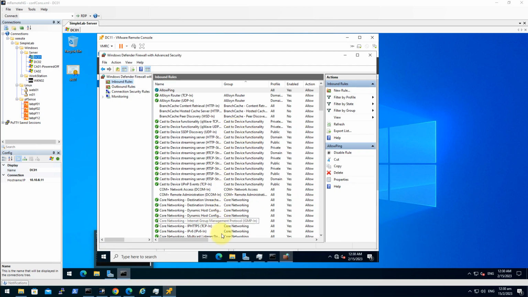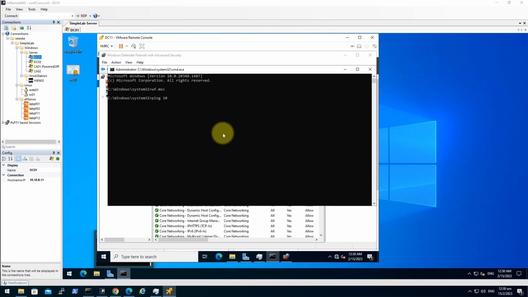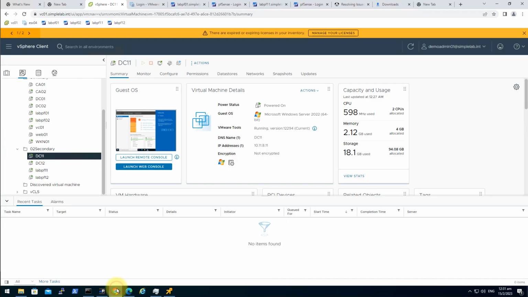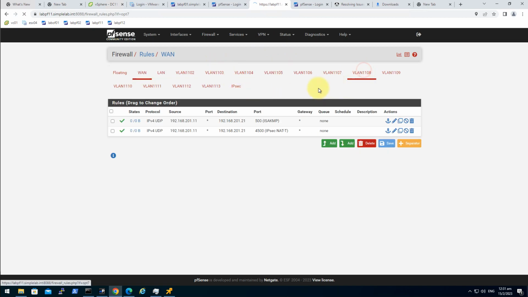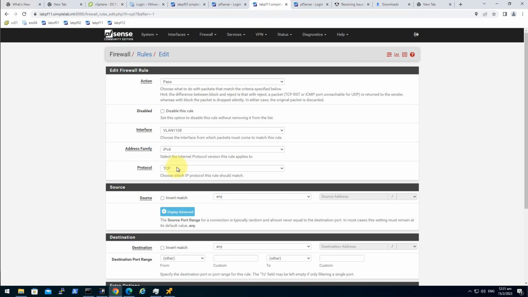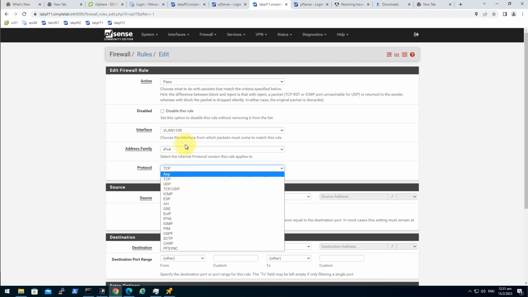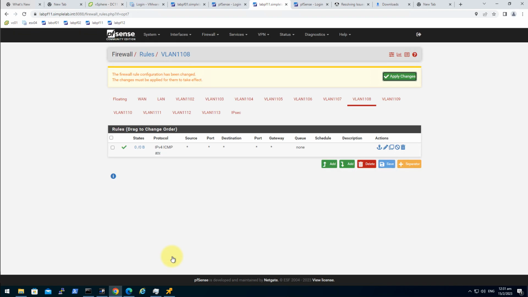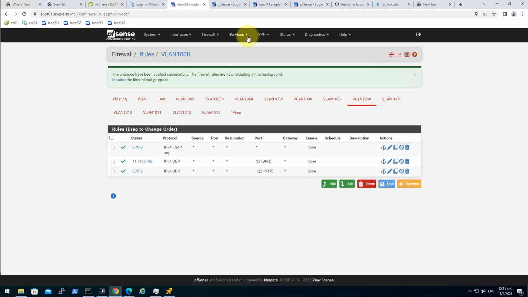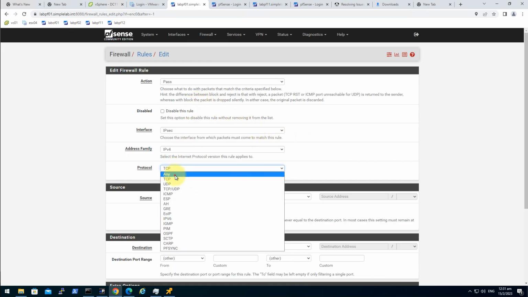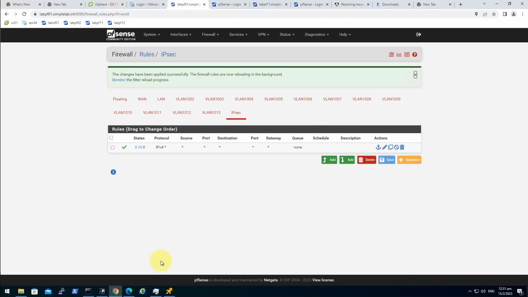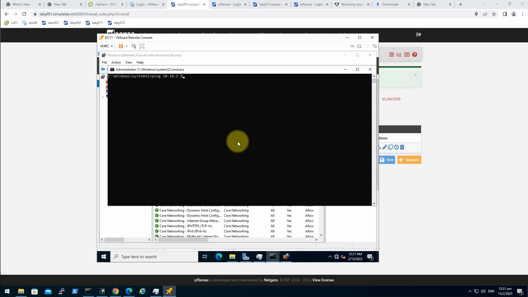So to ping from the secondary side to the primary side, we also need the firewall rule. Yep, just add this. ICMP. Okay. Save. And add any rule in the IPsec interface. So now I should be able to ping the